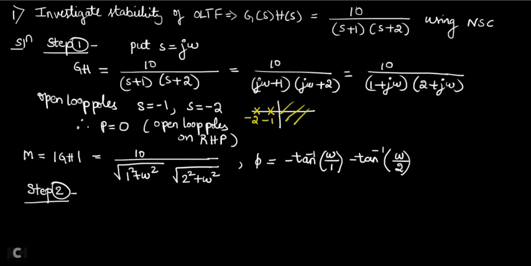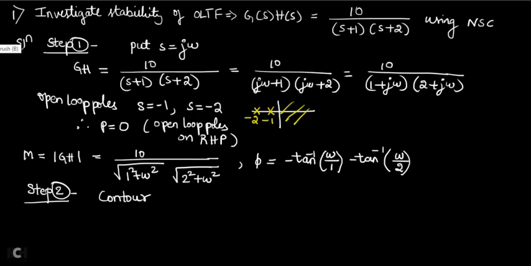Now coming to step 2. In step 2, you have to select the contour. How to select the contour, I have told in the previous video lecture when I gave some tips for solving the problems. So how to select the contour? See, are there any open loop poles present at the origin? No. And are there any poles present on the j omega axis? No. So then I have to take the complete j omega axis and the complete RHP of your S plane as your complete contour.